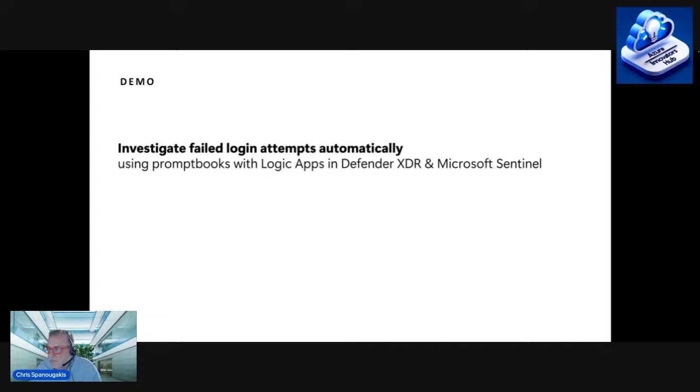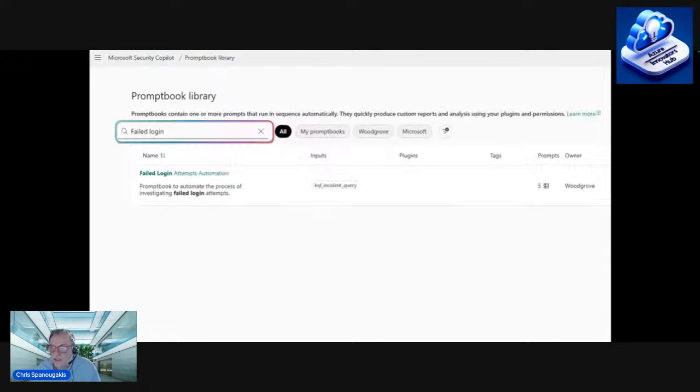Users forget their passwords, or a failed login attempt could be an attack, a brute force attack or whatever. So let's see what you can do in order to investigate these failed login attempts by using Copilot for Security. For this specific case, I'm going to use the standalone experience, and I'm going to